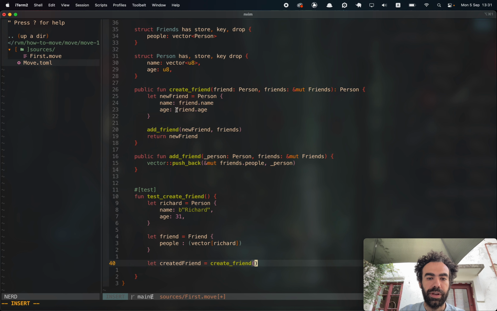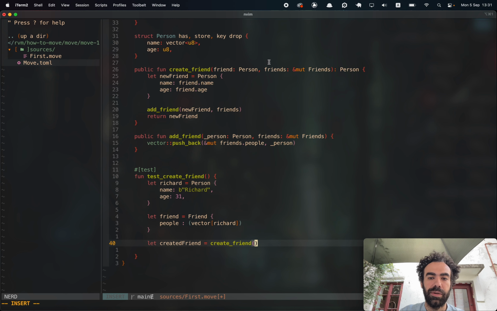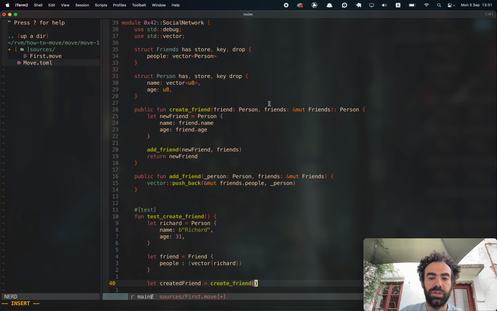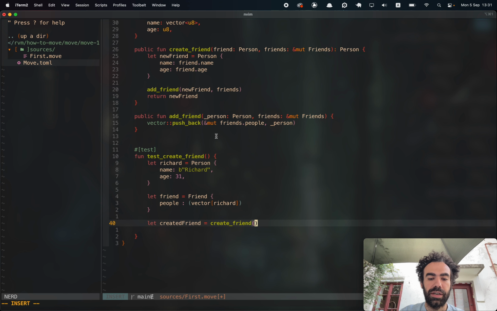So what do we need in create friend? We need a friend and we need friends. Friend is of type person and friends is of type reference to mutable friend struct. So for friend, we're simply going to add in Richard,